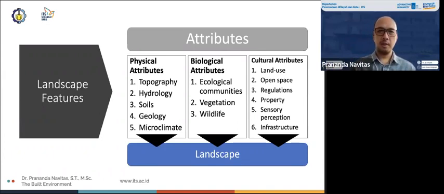Think of the circle of life. Think of the Circle of Life song from the Lion King, and place that circle of life in a landscape. That's what I mean by the biological attributes, namely the ecological communities. And then we have the cultural attributes: land use, open space, regulations, property, sensory perception, and infrastructure, and so on,